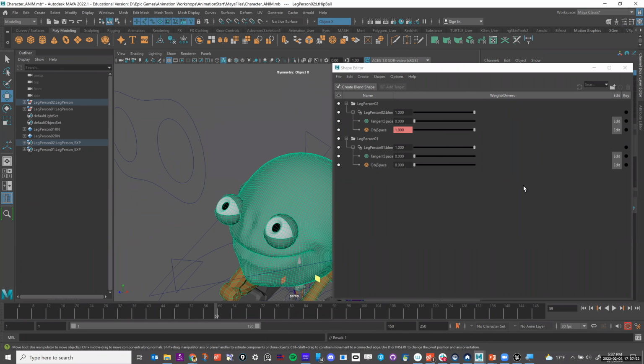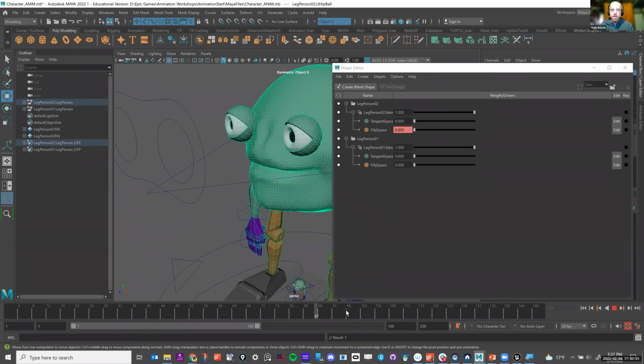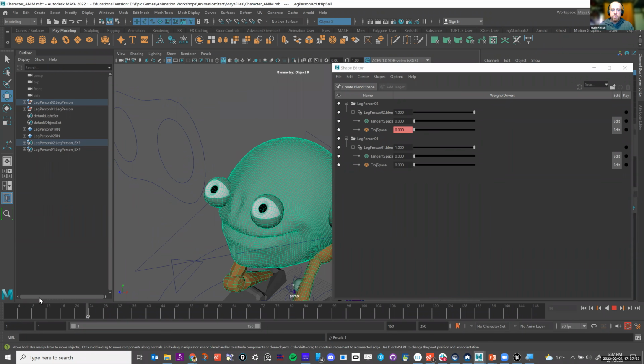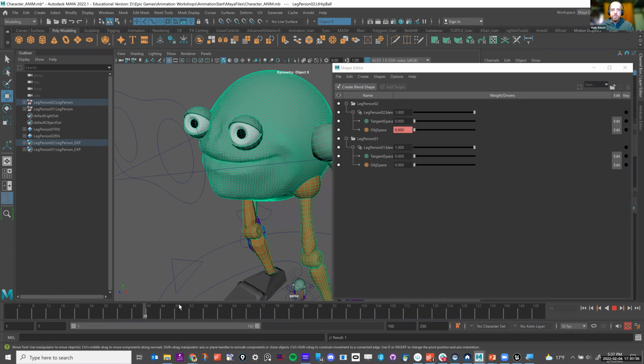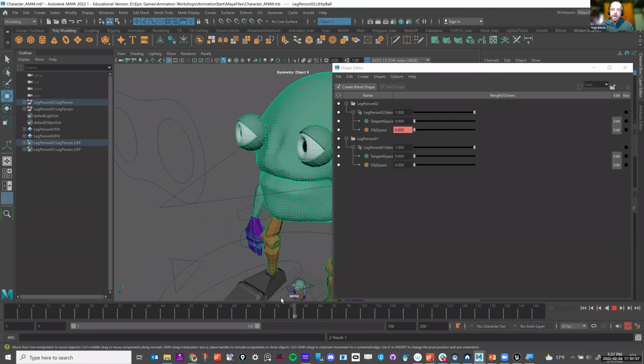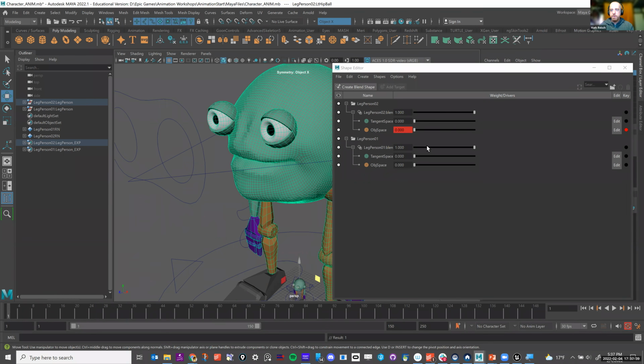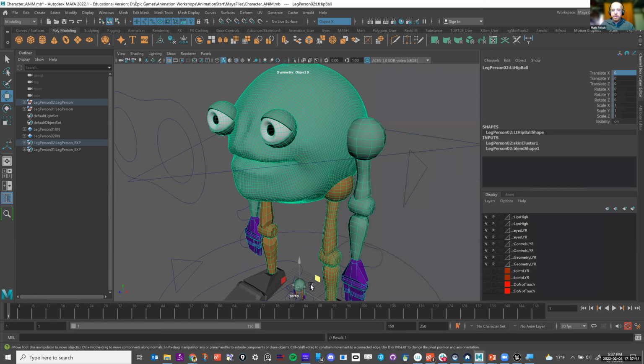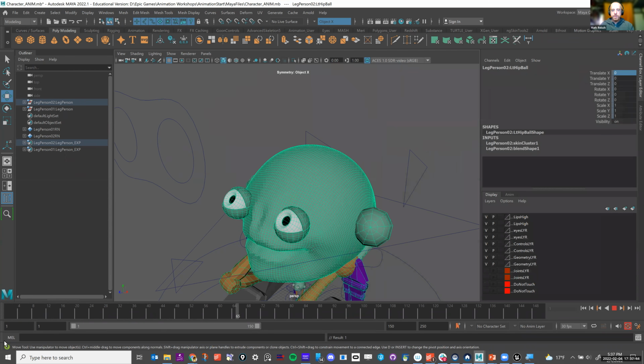And then when it gets low over here, maybe we'll say that it's going to start to not have a blend shape on it, and then we'll just keep it off. So it's going to be smile, and then it'll stop being smiley when it gets down to the bottom. Okay, so that's going to be the animation that we're going to use for this character.